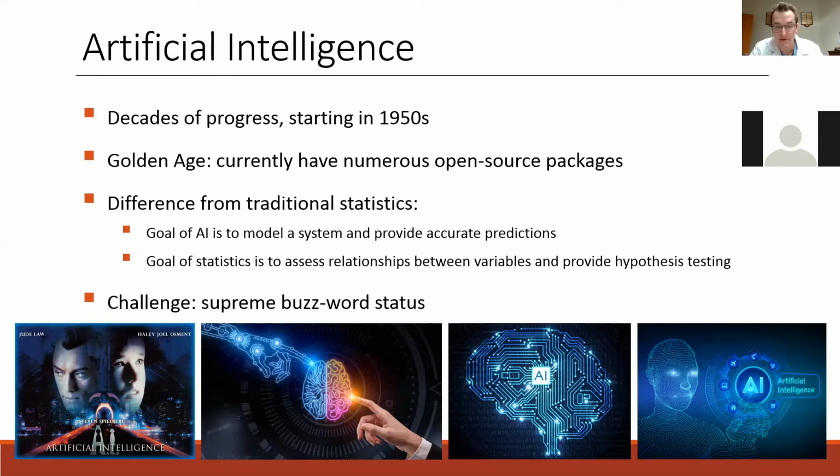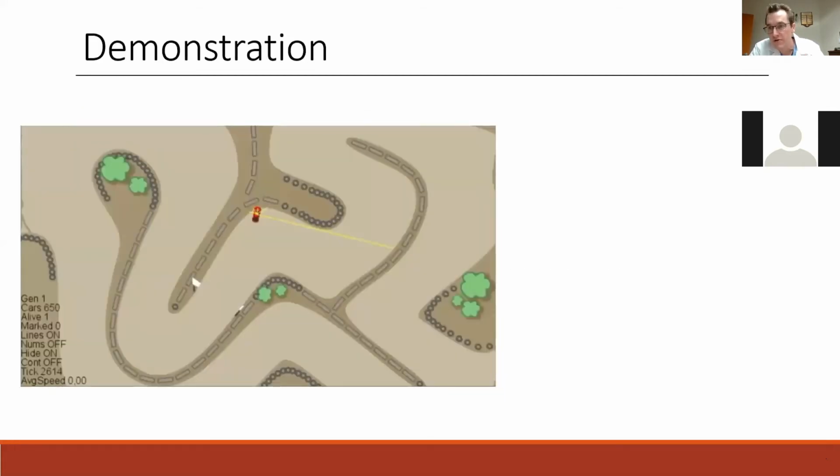and there's lots of amazing applications. We'll talk about a few of those. So a brief demonstration. I explained that AI is really trying to get to the goal, to get to the end by whatever means necessary. Imagine you have a racetrack here like you have on the screen, and you have a car.